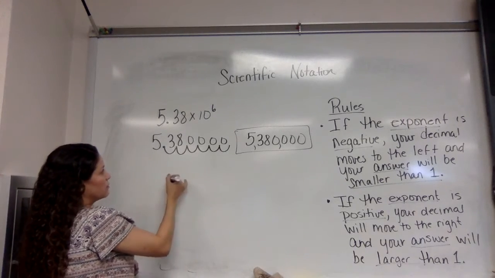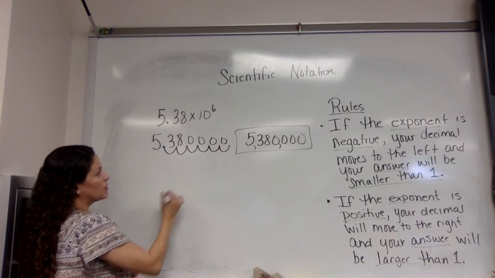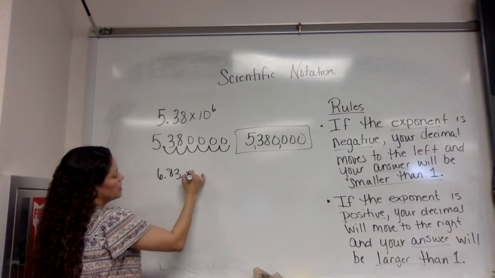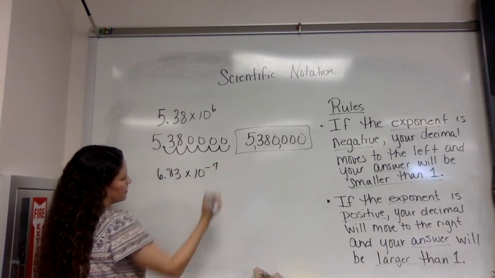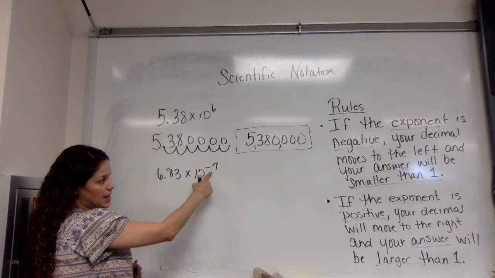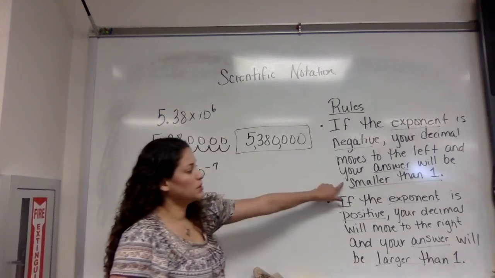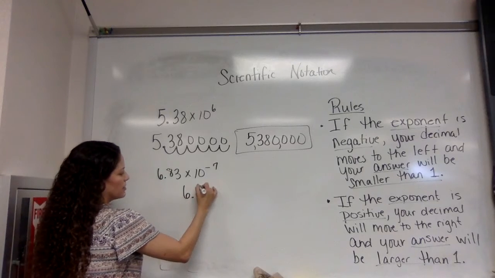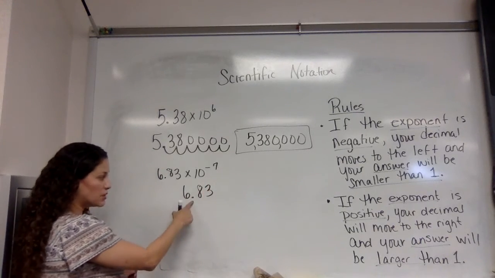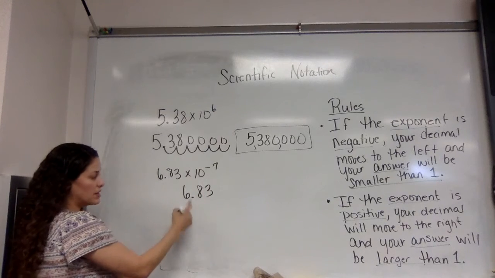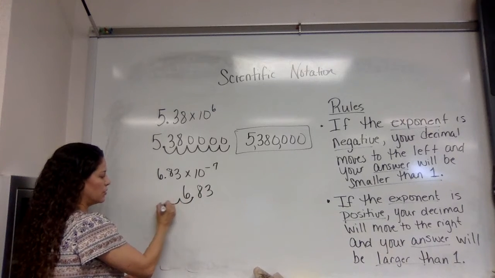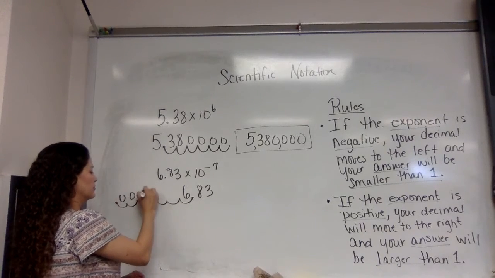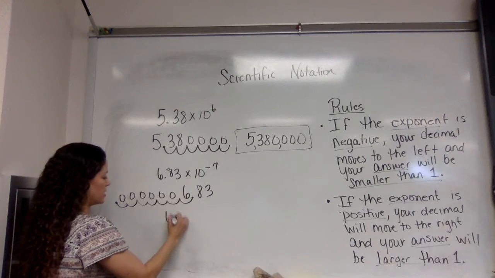If I go and have an example that follows the negative, let's say I have 683 times 10 to the negative 7. Well, my exponent is going to be negative, so I expect my answer to be smaller than 1, and my decimal needs to go over to the left. So if I just write this out, my decimal's already here. So now I'm going to move it 7 times to the left. 1, 2, 3, 4, 5, 6, 7. Fill that in with zeros. And there's my answer,